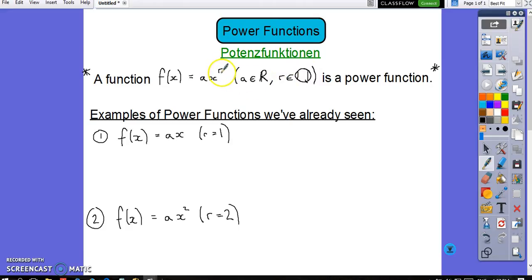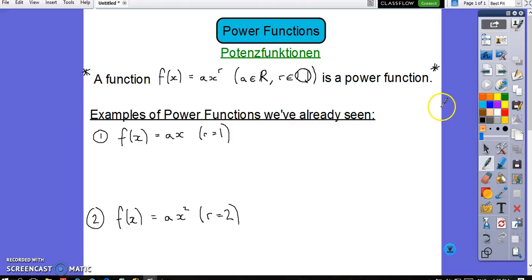So r could be 1, 2, 3. It could also be a fraction. It could also be a negative number, a negative integer, a negative fraction. So we have a lot of different possibilities here. Functions of this form are power functions. So write down this definition first, and we'll take a look together at some examples